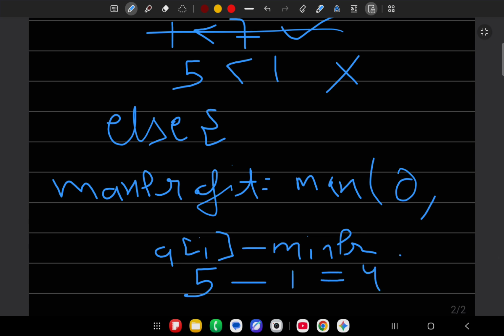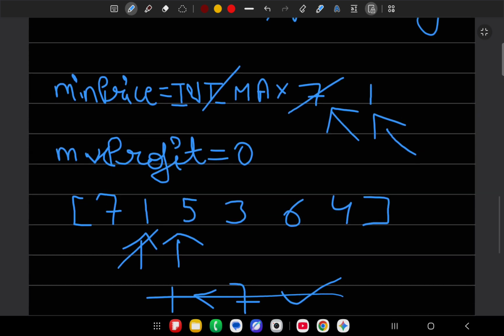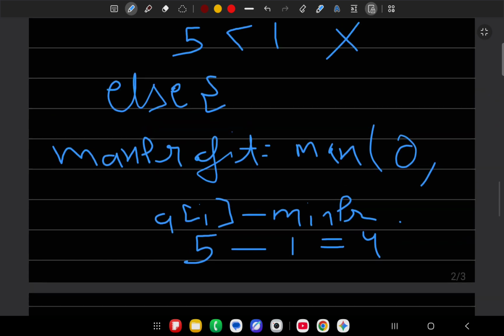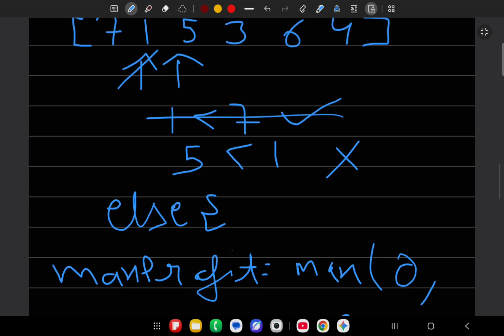Update the value of maximum profit with 4. Now we go to the next iteration.